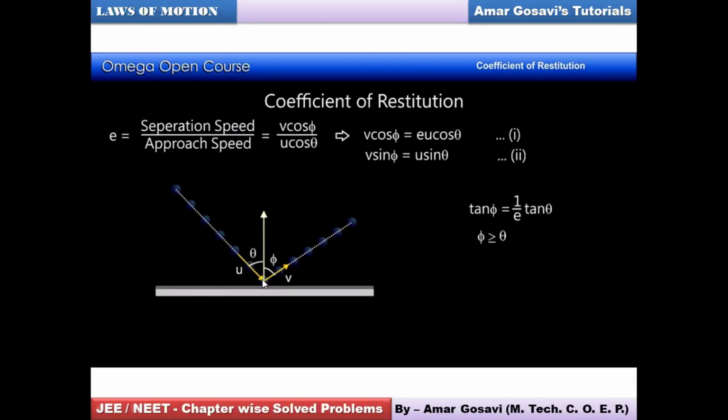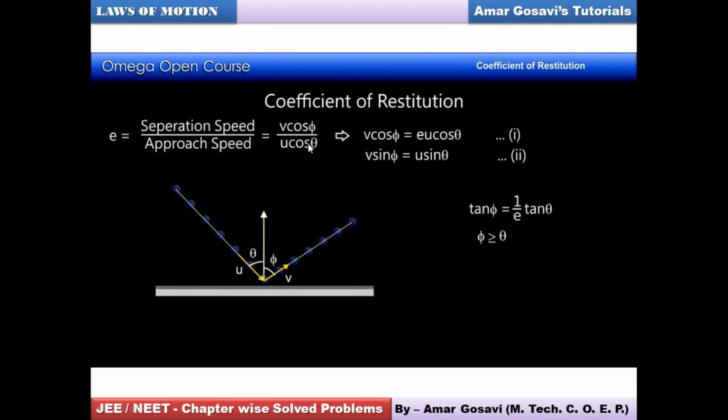Okay, after collision also it's not going to go vertical, it's going to go incline. But then incline with what angle? Phi. Now phi would help us find out its vertical component. So v cos phi would be the vertical component. So instead of v, it's being written as v cos phi. Earlier for vertical collision, the equation of E was V by U, but now for this inclined collision, it has become V cos phi divided by U cos theta.